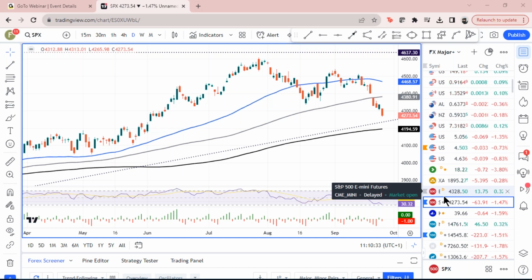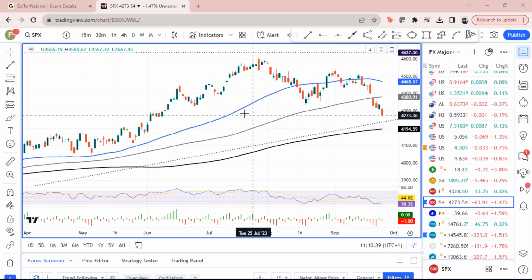It was actually the lowest close in the Nasdaq since late May, and the lowest closes in the Dow and the S&P since June. As I mentioned, we had weak data, with worse than expected consumer confidence as well as worse than expected new home sales, which really hurt risk sentiment. And that follows on, of course, from last week.